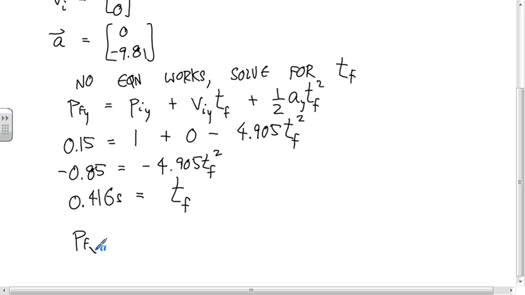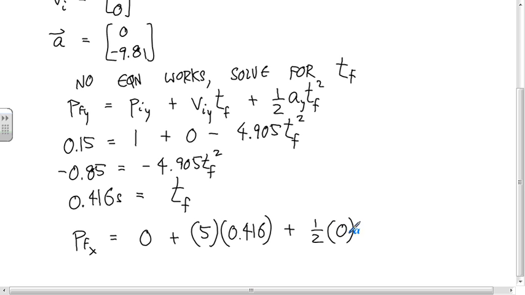So PFX is equal to PIX plus VIX, which is 5 times 0.416, plus, this is an easy mistake to make here, 1/2, what's the x component of the acceleration? 0. Don't accidentally put the negative 9.81 in there for the x component. So you get 0 times 0.416 squared is still equal to 0. And so you get PFX is equal to,